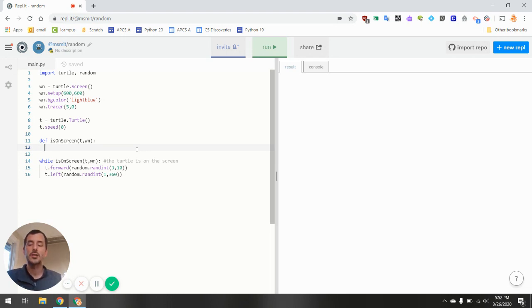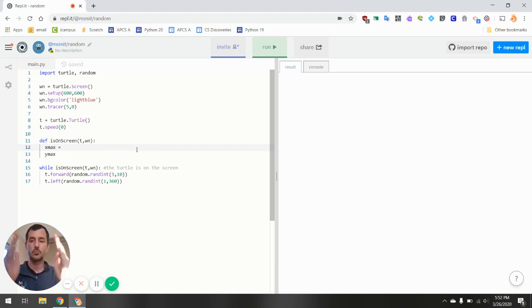But the first thing we're going to do, even though we technically already know the width of the screen, is make a variable representing the maximum x coordinate and the maximum y coordinate. So let's call it x max and y max. Now, x max is actually going to be whatever our total screen width is divided by 2. And if you think about that, my screen happens to be 600 pixels across, width-wise. But remember, the middle is 0. So that means 300 to get to the end, which means my x max is going to be 300,